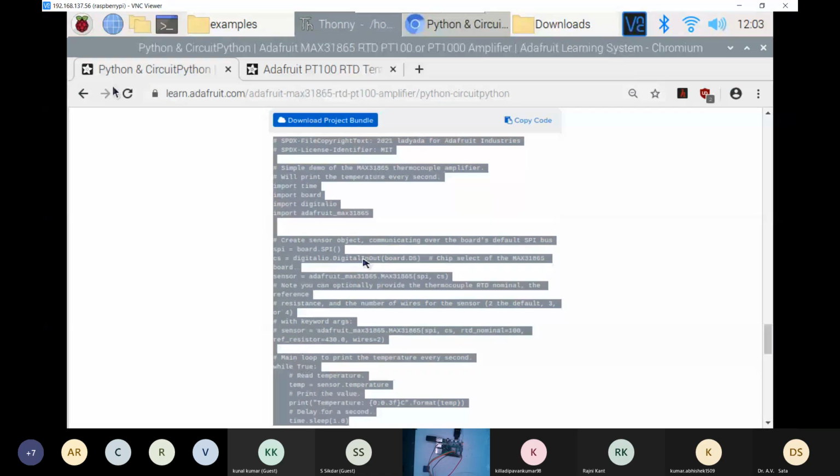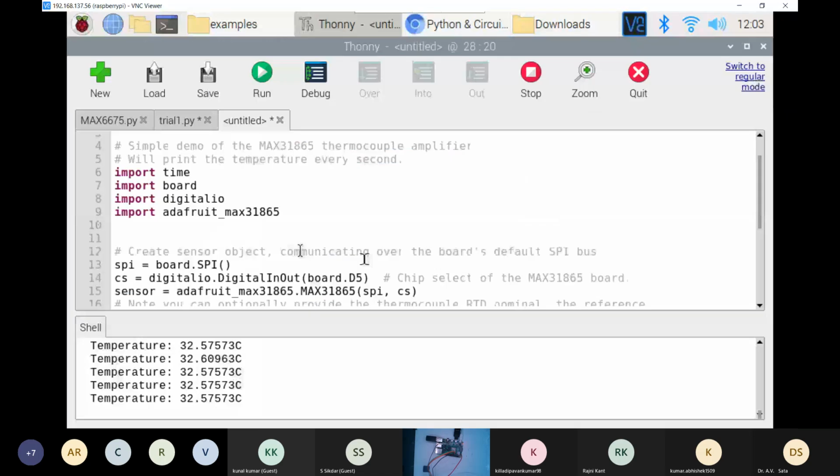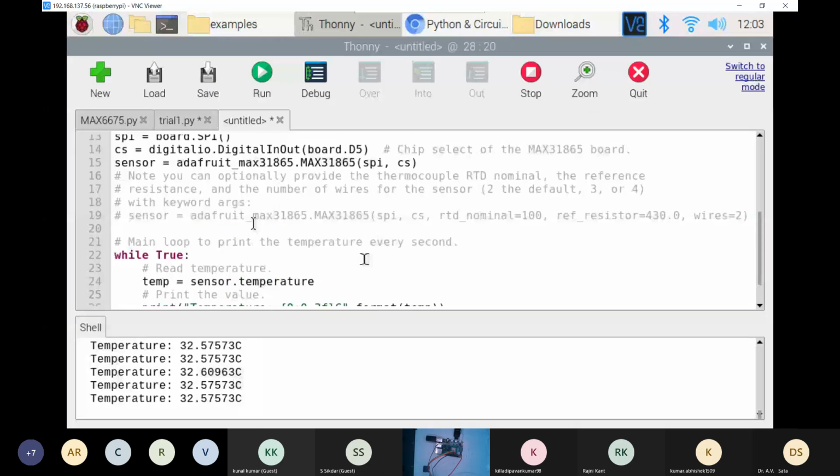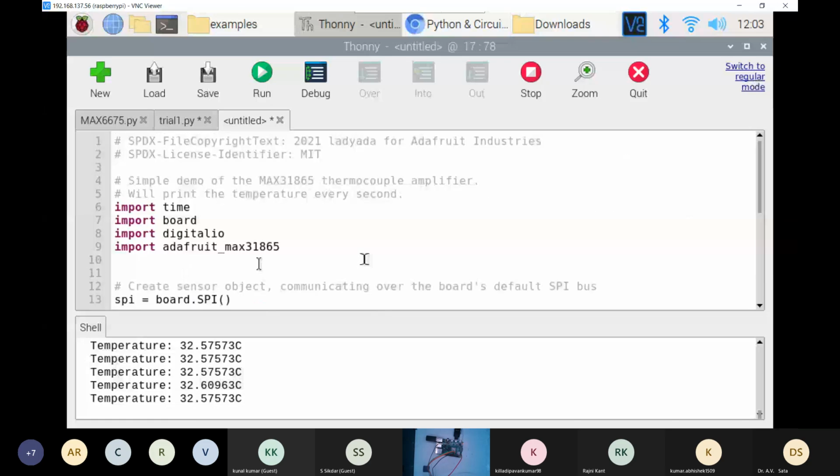It is pretty much the same, but with little differences, such as you can change the wires to 2, 3, or 4. You can actually change the type. RTD generally comes in two types, PT100 and PT1000. So according to your adjustability, you can connect it, and basically it has downloaded this Adafruit MAX31865 chip.